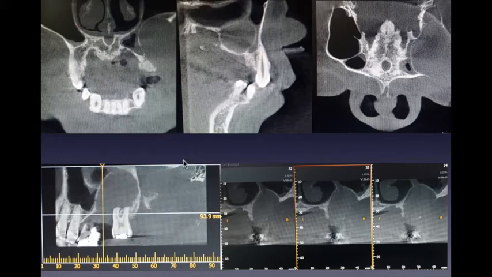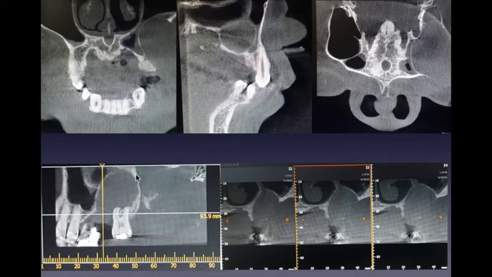But upon interview and clinical examination, signs of sinus problems were off, and that gave me the drive to investigate further whether or not this is really an oroantral communication. So I asked the patient to take a CBCT of that particular site, and well, needless to say, it